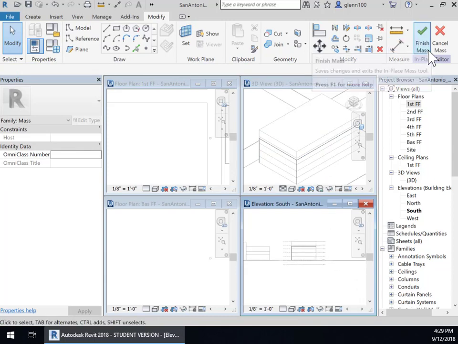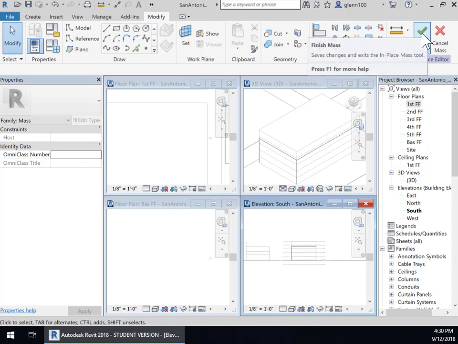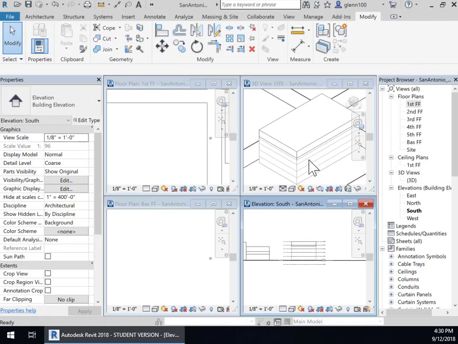And you can see it's not a full height, but I'll make it a full height here in just a minute. Matter of fact, I'm going to make some changes to it in the elevation, but I'm going to get the mass in first. When doing these in-place masses, I found it good just to get a form in there, and then you can edit that form fairly easily. So I'm going to finish the mass,